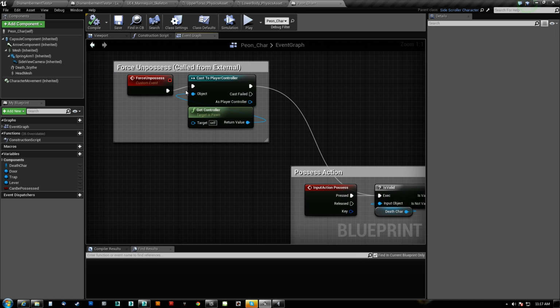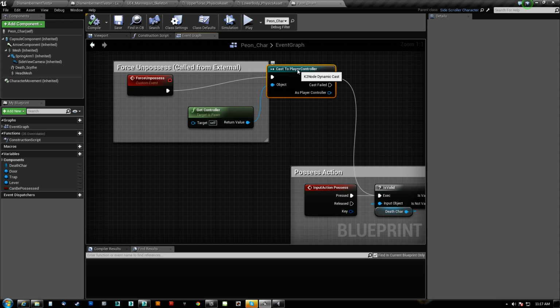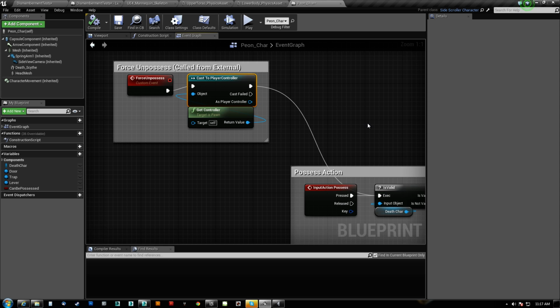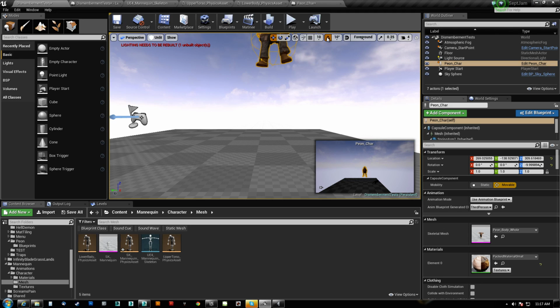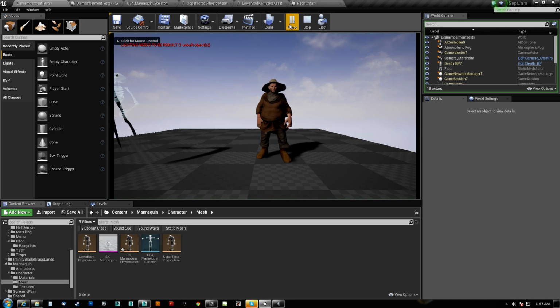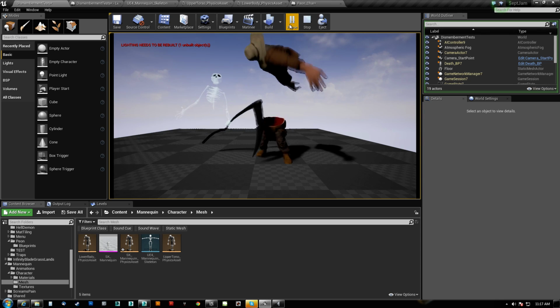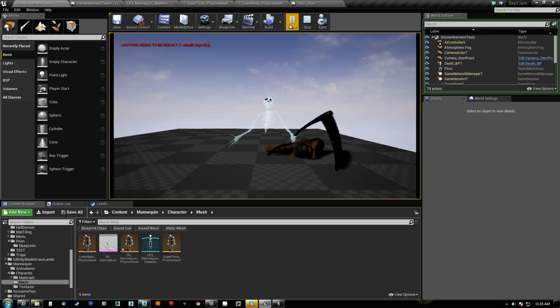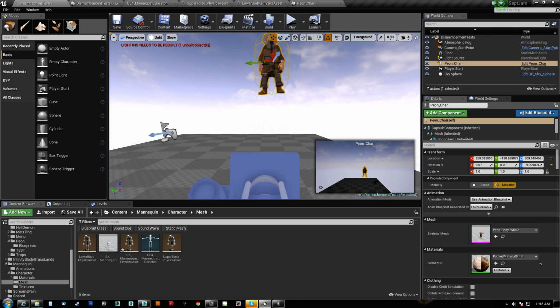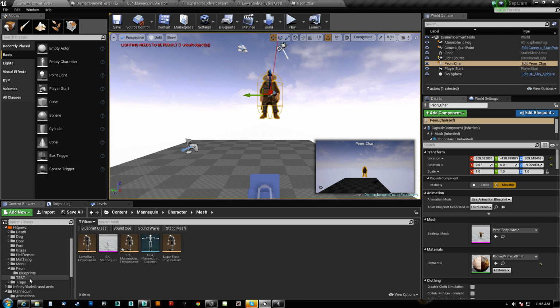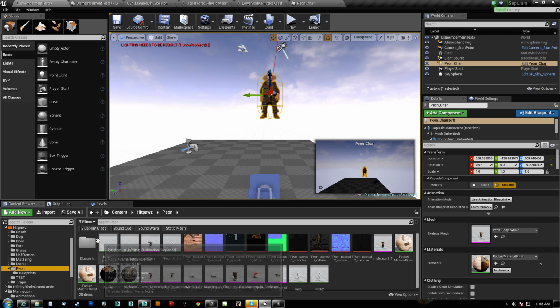Again, force unpossess only happens if this character's controller is a player controller. So we get controller, cast to player controller. If it is, go through. That way, when it runs force unpossess, and say I'm not controlling him and he happens to die because somebody else triggered a trap, it doesn't ruin my control of the character, doesn't reinitialize me, or take me out of controlling another peon. So if I come here and add another peon,